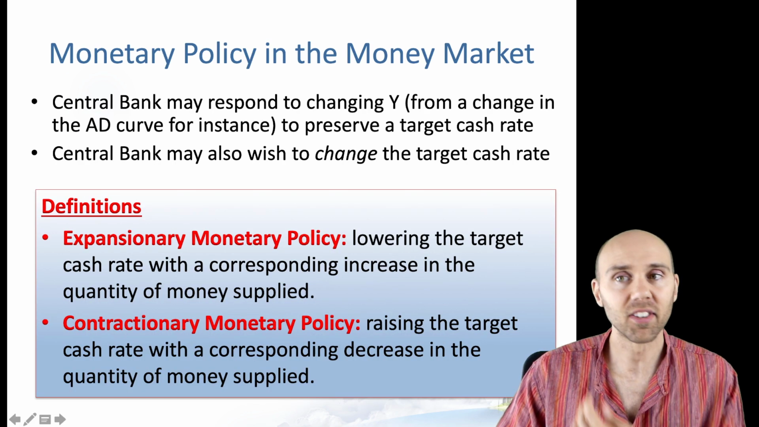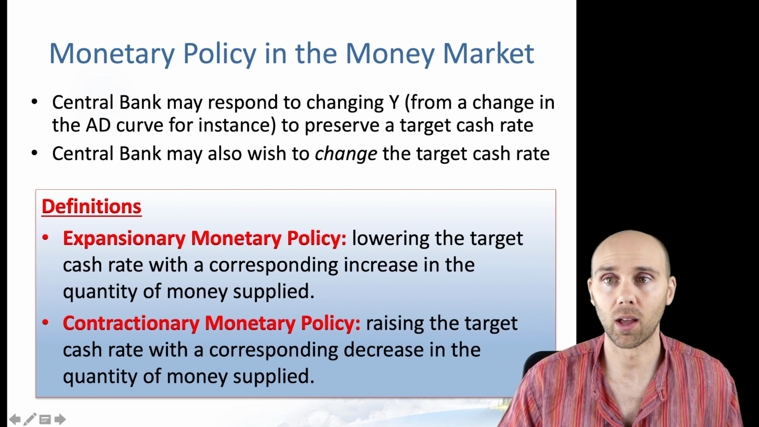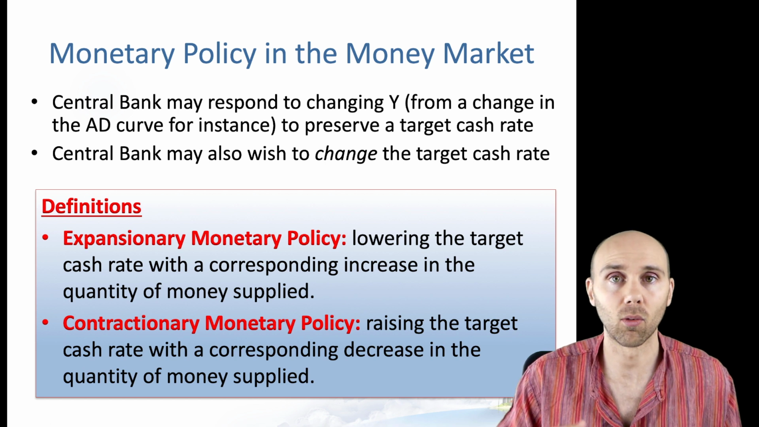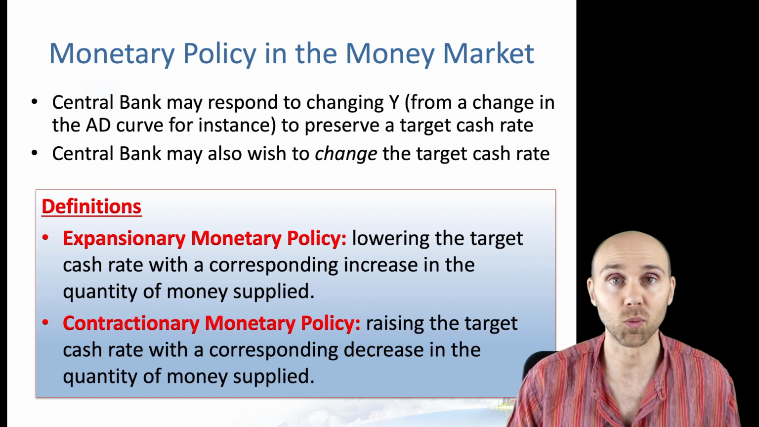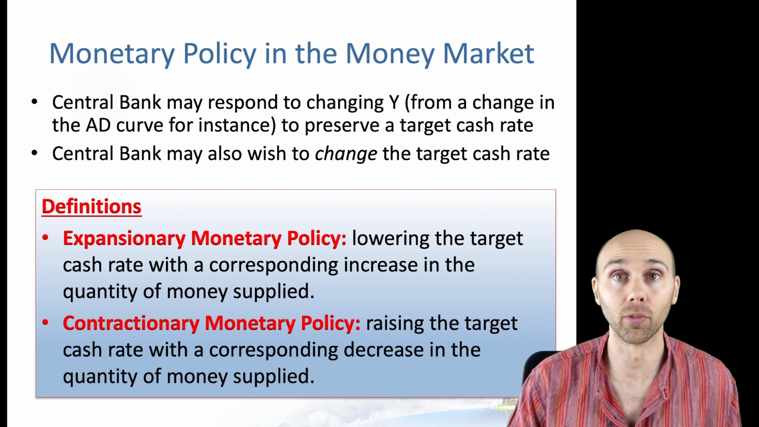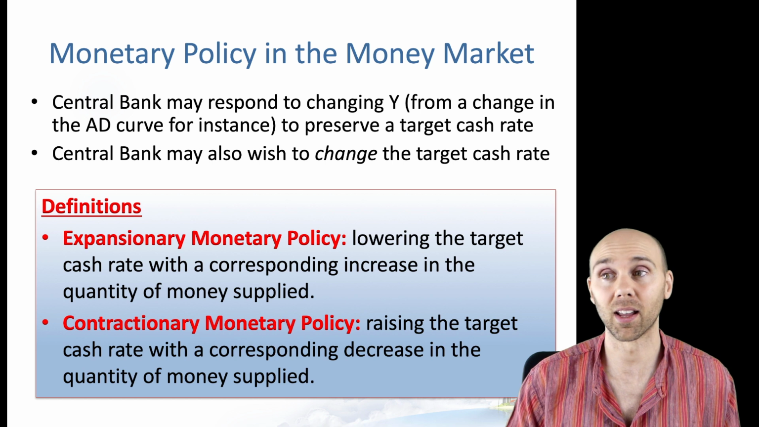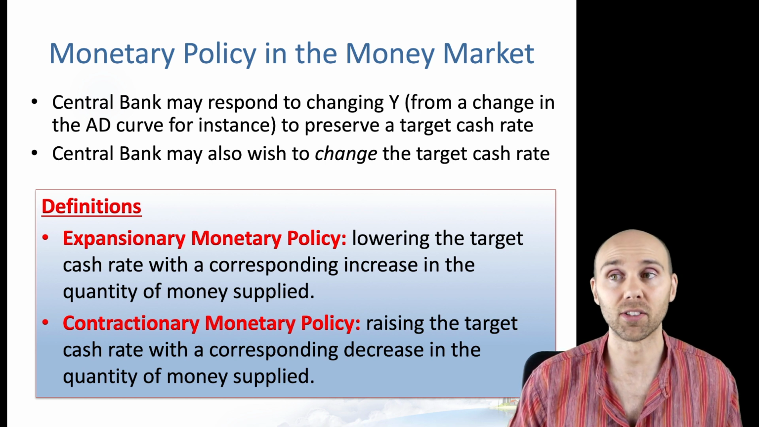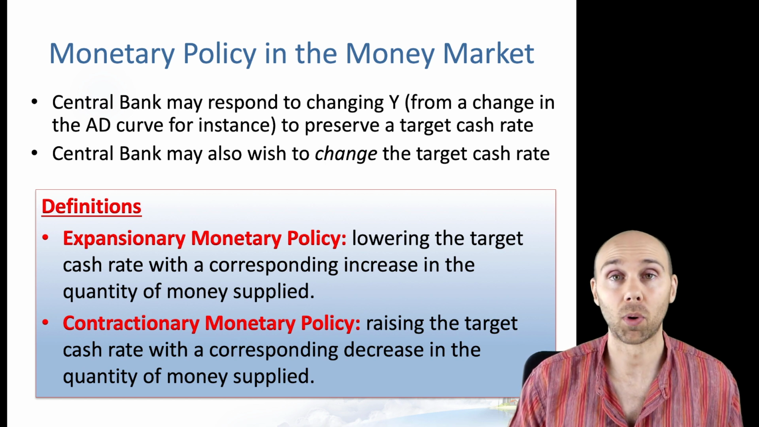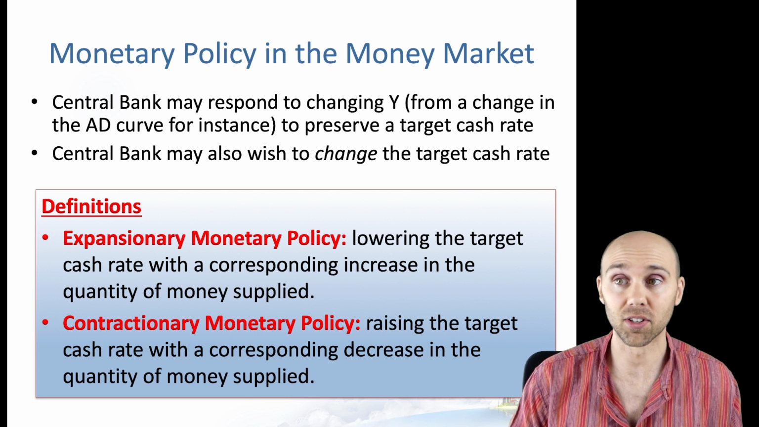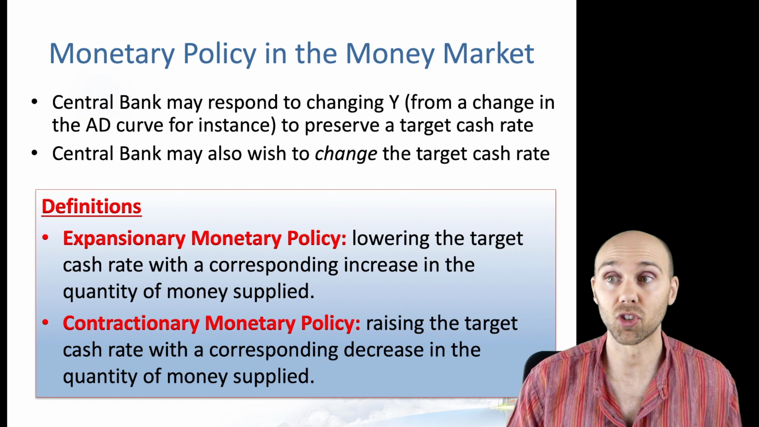So in particular, the central bank may want to respond to changing GDP from a change in, say, the AD curve, as we saw last week, which can affect our overall Y in our AS model, to try to preserve its target cash rate. We saw last time that these sorts of shifts, such as a shift of the AD curve or a shift of the SRAS curve, can put pressure not just on the Y but also on inflation. And the central bank may wish to do something about that, or it may also wish to change that target